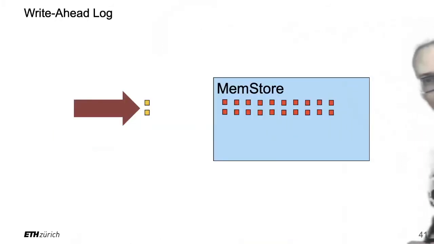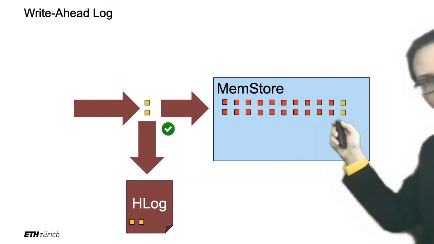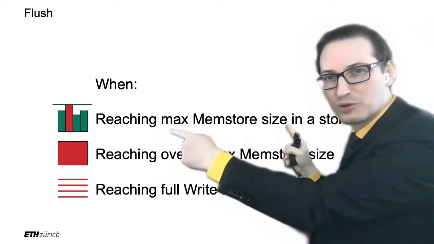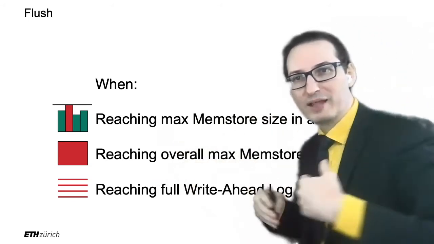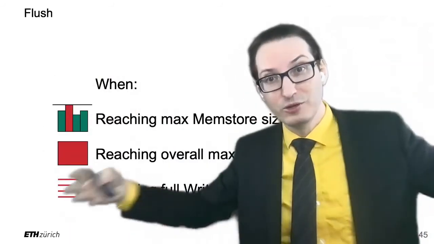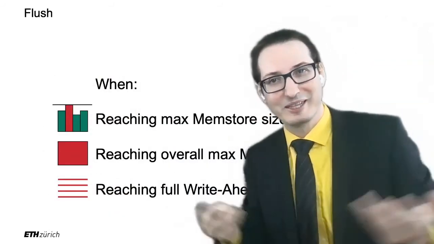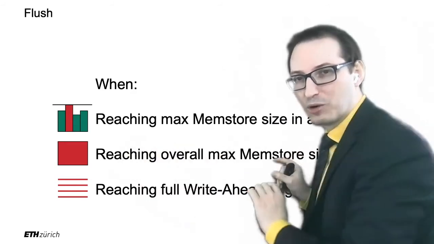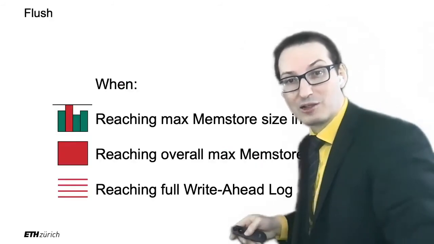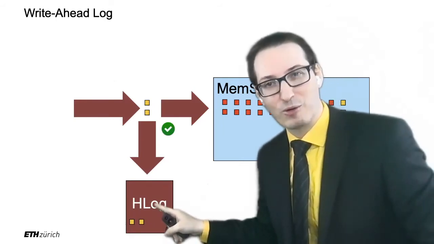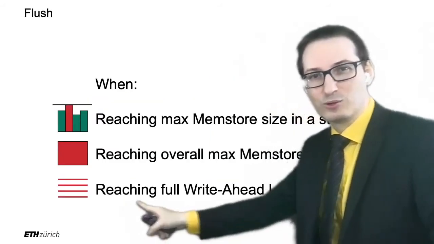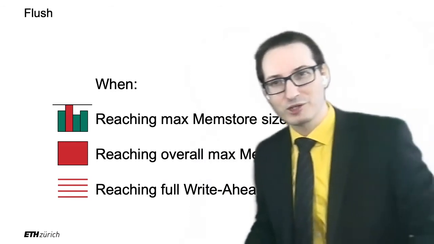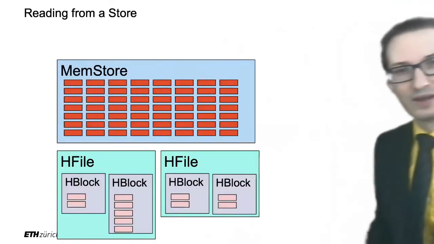All right, so the write-ahead log, okay, and now it's in the mem store. What happens is that I flush whenever the memory is full, so I reach the max mem store size in a store, or maybe over the entire cluster I have too many new key values, and I start feeling nervous that there are a lot of pending changes. So I can also trigger a flush when the cluster has too much. And also when the write-ahead log grows too big, meaning that after a power outage it's going to take too much time to restore, then I can also trigger a flush, right? So you see there are several ways that a flush can be triggered. And whenever you trigger a flush, you just write one H file out of the